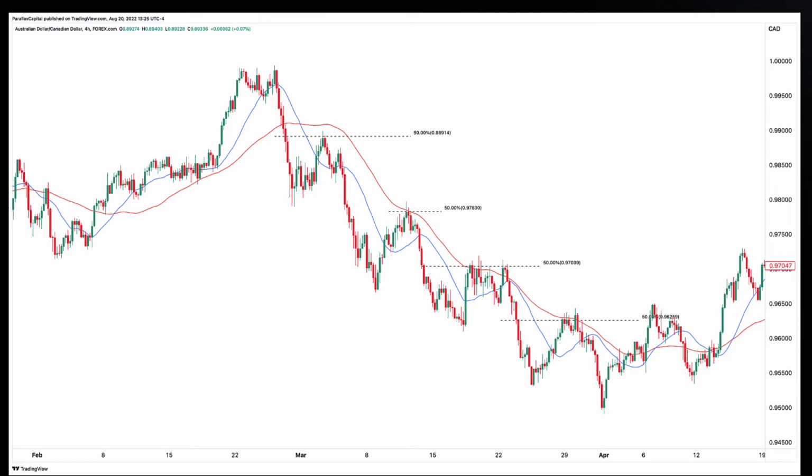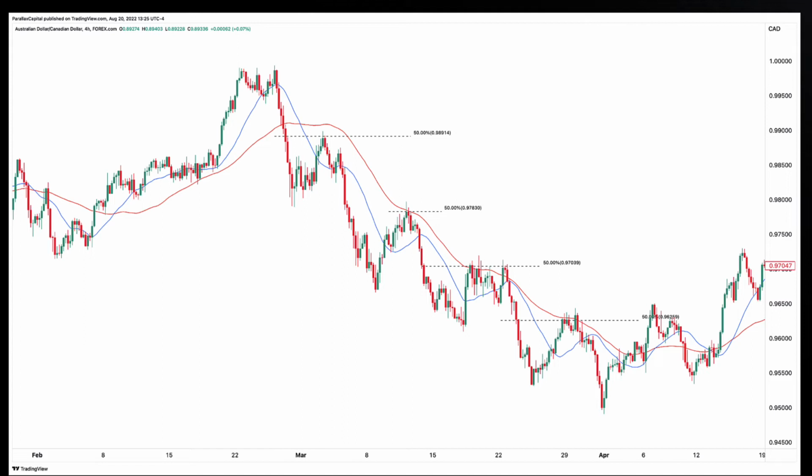It just so happens that every corrective sequence in this downtrend found resistance at or near the 50% retracement level. Now we also see that the moving averages did a great job of containing price. So that's where we can layer on other technical studies to help pinpoint those areas where a corrective sequence might